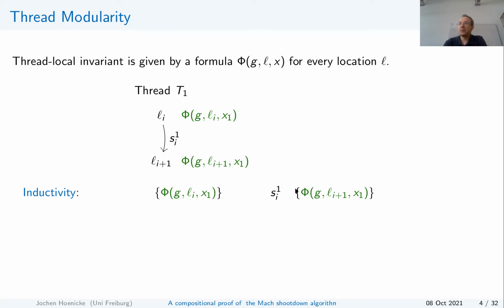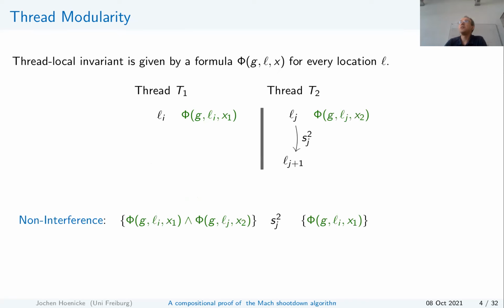And if we have multiple parallel threads, we also need to show something that is often called non-interference. We need to show that if another thread runs the statement, this doesn't affect the validity of our local invariant, that it doesn't destroy our own local invariant. And so the precondition is that the local invariant holds,